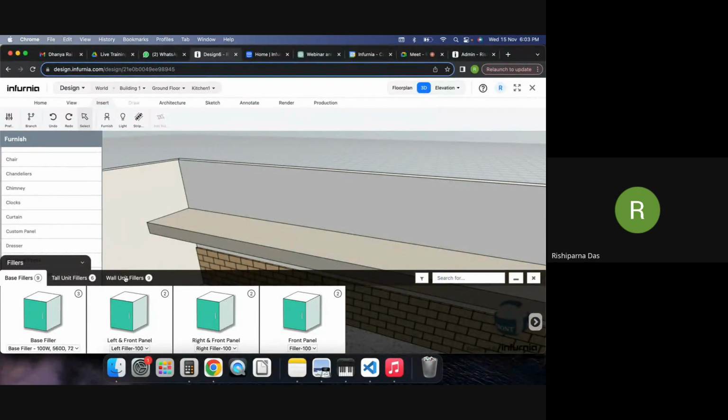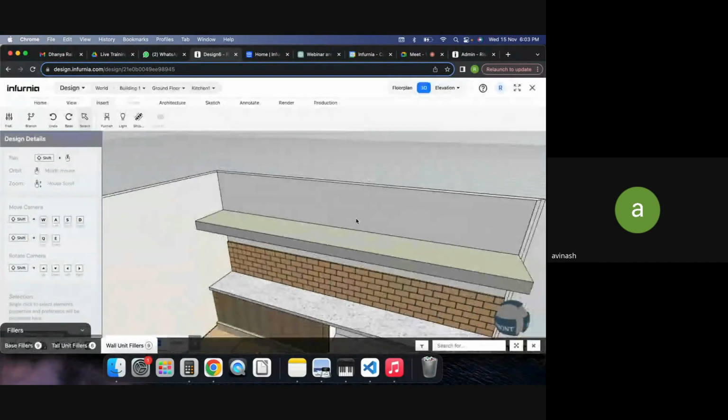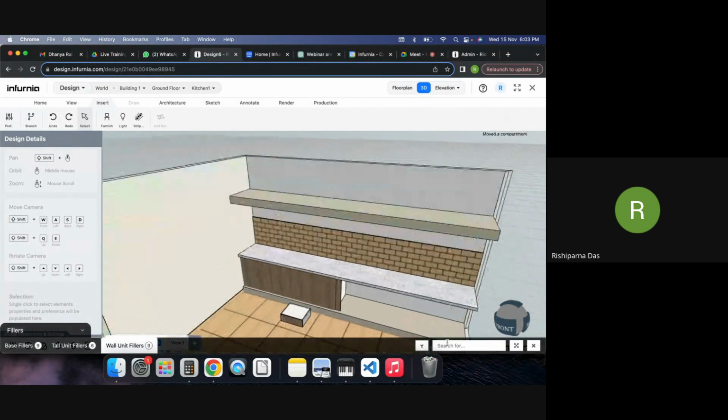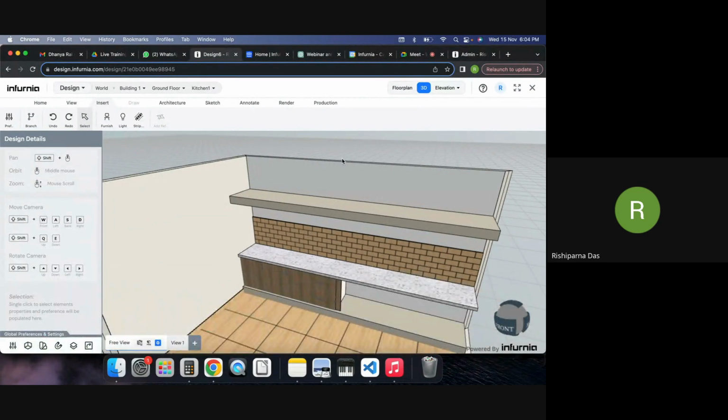I'm not sure about that, but if you want to add any filler, then you can just use a toilet filler here, and you can take a horizontal filler. Just select a horizontal filler. Actually, if you're placing a top in the top right,